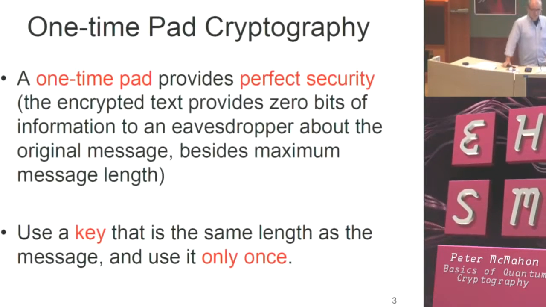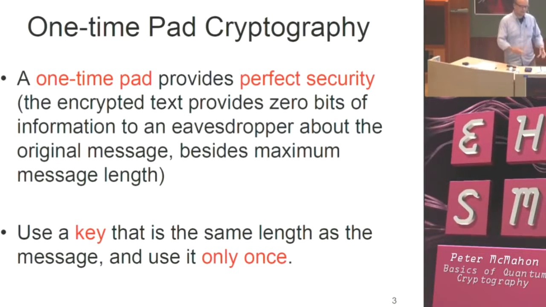So first of all, I'll talk a little bit about some classical cryptography. There's this idea in classical cryptography, maybe originating in the late 1800s, that a so-called one-time pad will provide perfect security. What this means is that if you've encrypted your text with a key in a way that I will describe, and you only use that key once, then you in some sense get perfect security,